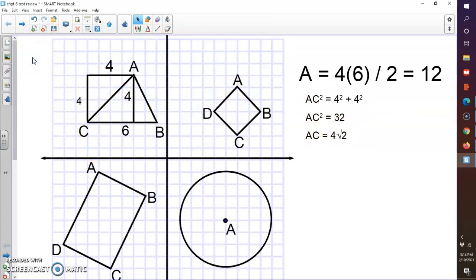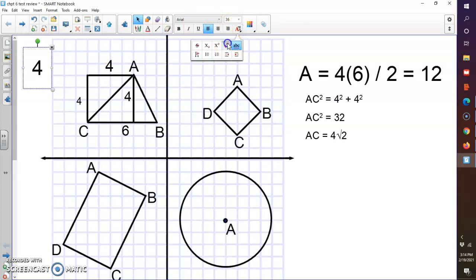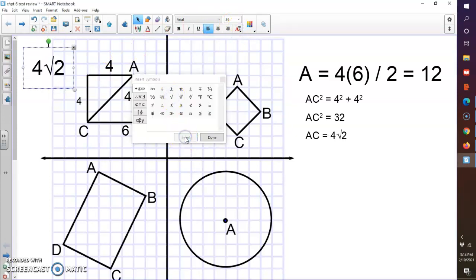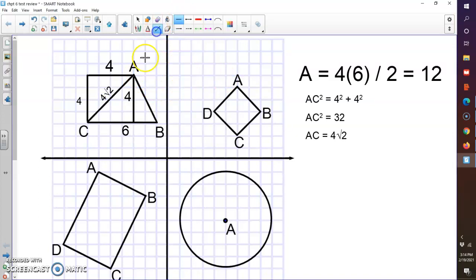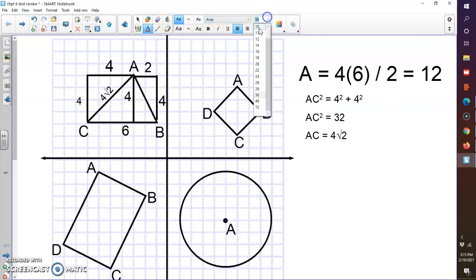And I'll put that in right here for root 2. Curve it here a little bit, and there's the length of this side. Okay, now the final side, obviously still a height of 4, but it's going to be a Pythagorean theorem of, we're going up 4 obviously. I can put that 4 right in here, and then over 2. So the Pythagorean theorem for the length of AB is going to be, we can put this in